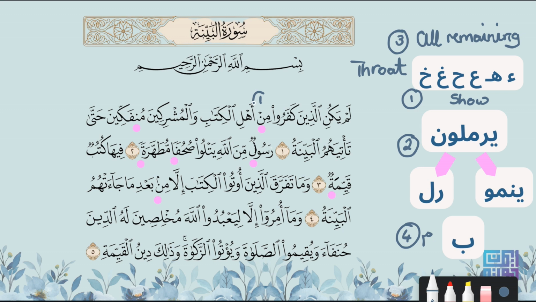This means I am going to pronounce the Noon. Any letter that has this sukoon sign, this is the sukoon sign. It looks a little bit like this, okay? This sign, if we find it on any letter, this means that I'm going to pronounce this letter. So this is a sukoon sign. So this means the noon has izhar. I'm going to show it. And the reason is that there is a hamza after it, one of the letters of izhar, the letters of the throat. So I'm going to pronounce it min ahlil.